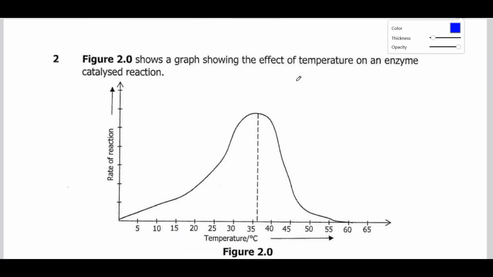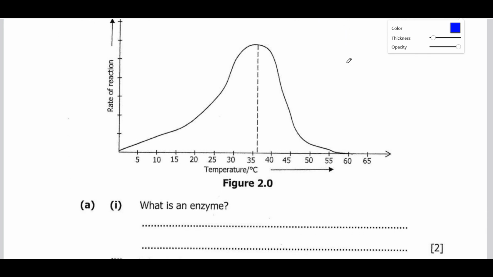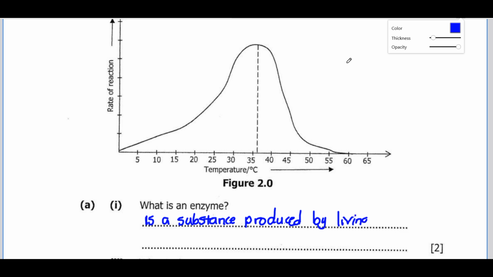Right, so now we can move on to question 2. Figure 2.0 shows a graph showing the effect of, this time we are dealing with temperature, on an enzyme catalyzed reaction. Right, so from the given graph, we can see temperature in degrees Celsius in the x-axis. Now, the first question, question A, Roman number 1, is what is an enzyme? So, the enzyme is a substance produced by a living organism which act as